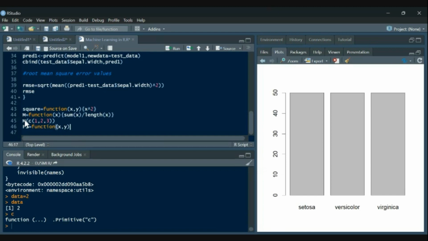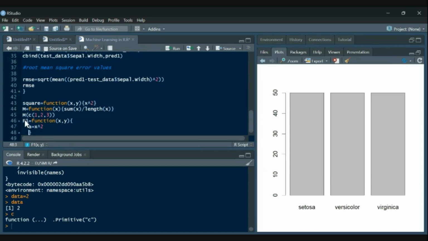Arguments were x, y. Now suppose I define a equals x square. Then this will continue. So the function won't execute unless and until it executes the whole program under the curly braces.